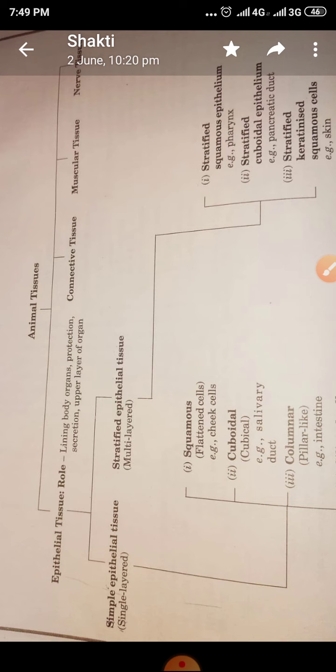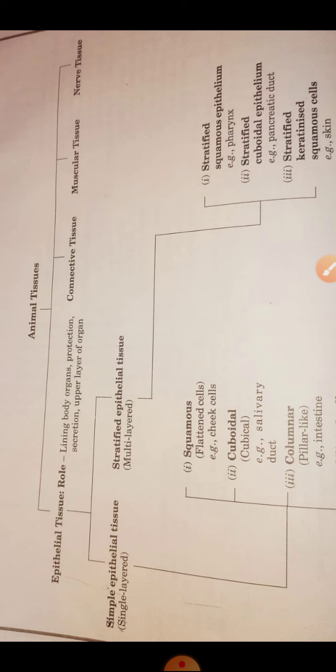Third is called ciliary epithelium, when epithelium cells have cilia, hair-like structures that help in movement. It is found in our windpipe to move air, and in the oviduct to help the movement of eggs and sperm. Then fourth is called protective epithelium, whose lining makes a membrane to protect the structure. Okay, so this way we study epithelium tissue.